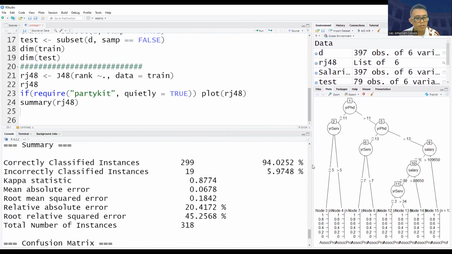According to the result of the summary, there are 94.0258% correct classifications, with about 299 instances out of 318, if you could remember. And then for incorrect classifications, there are about 19 instances that are incorrectly classified. So in this case, it is about